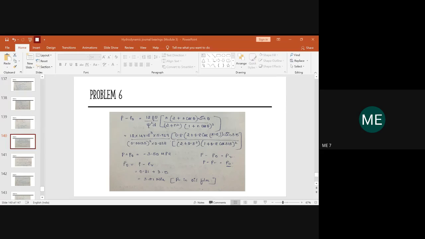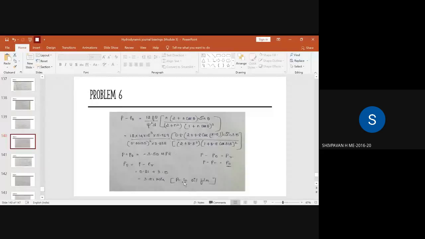What is the value you people are getting? Is it minus 3.50? Vidyan? Minus 3.910. How much you are getting, Shiv Pawan? Minus 3.0, minus